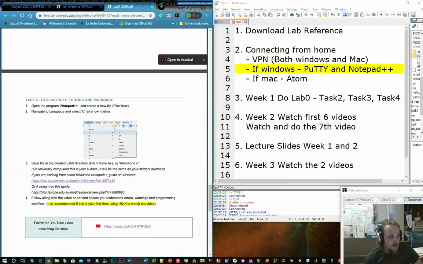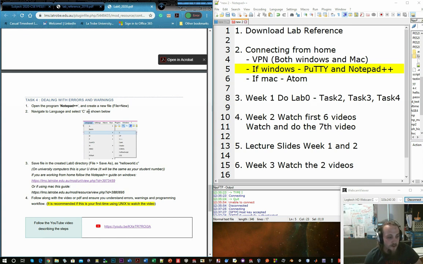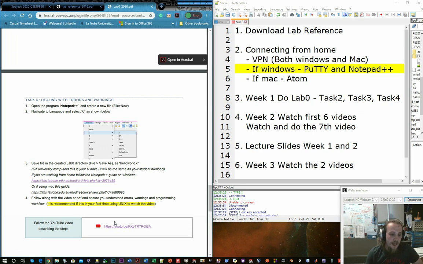Follow the instructions. If you are not using Notepad++ and you're using Atom, same thing applies. Just make sure that you're saving your file as a .c file. If you are saving, you can save on Notepad++ using this guide, or if you're using Mac, on this guide. Once you've done that, follow along with the video and it will tell you how to compile, run, and write